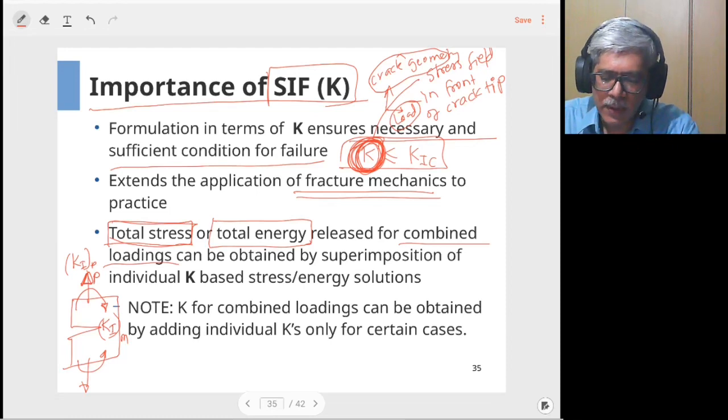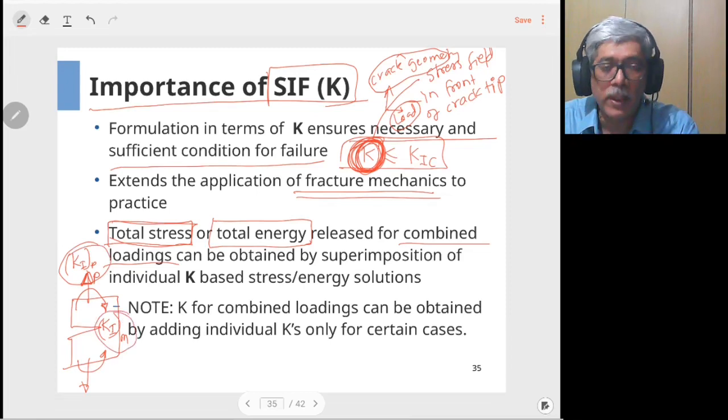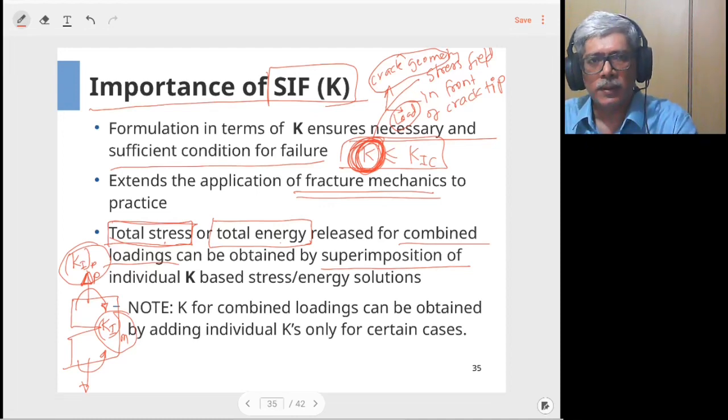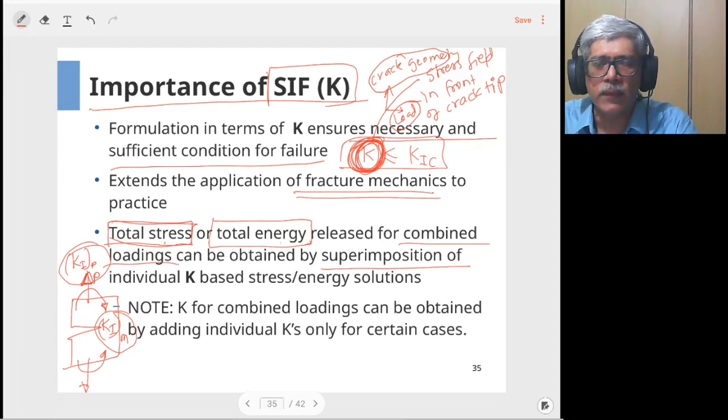Using the Westergaard stress function or other approaches, you can obtain the stresses because of load. Similarly, stresses because of moment. When both of them are acting together, you can do superimposition of stresses, and similarly the energy which is used in the energy approach of the fracture mechanics can be superimposed for different load cases. So if you have a crack which is subjected to multiple loads, then the stress distribution and the energy release rate can be obtained just by superimposing the equations corresponding to each of the load cases. So that is one more advantage of the SIF concept.